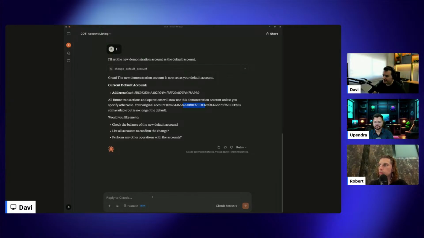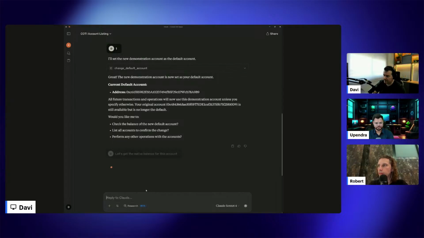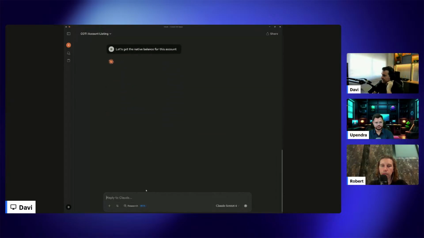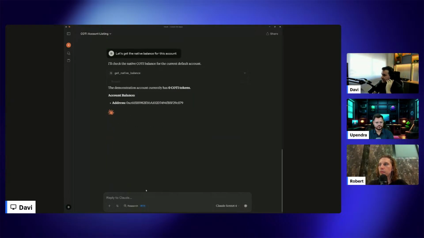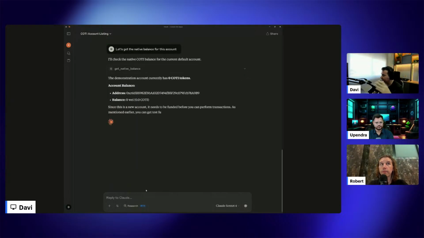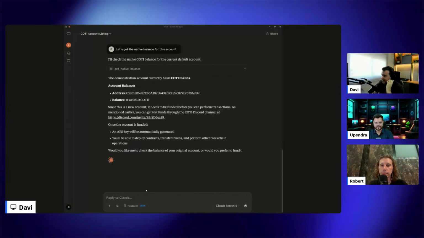Now let's get the native balance for this account. Because if I want to check how many tokens I have in this account, I can just type here on the prompt, and I can get the native token balance. That's exactly 0 because it's a new account. I don't have any tokens.